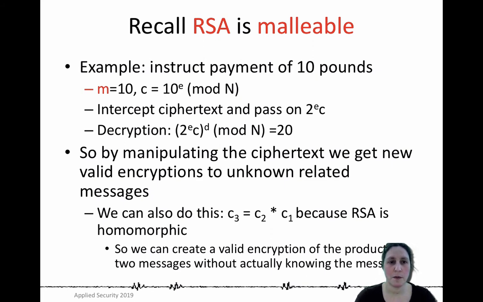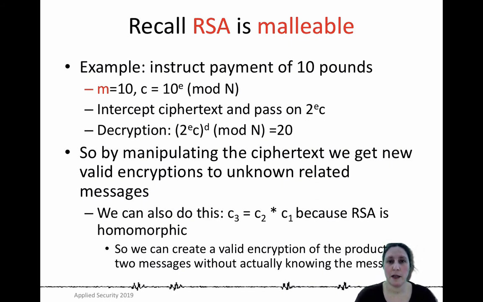And here is the example that again we typically run through in crypto A, which looks as follows. So suppose there has been an instruction to pay £10. So the message, the plaintext was 10. So the corresponding ciphertext would simply be 10 to the power E mod n for whatever E is chosen. An adversary who intercepts the ciphertext can very easily change it